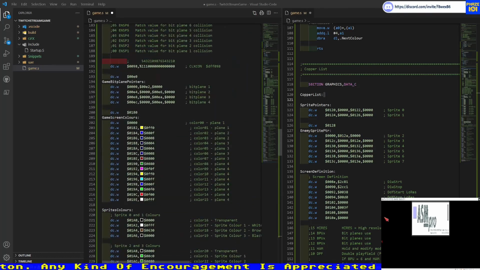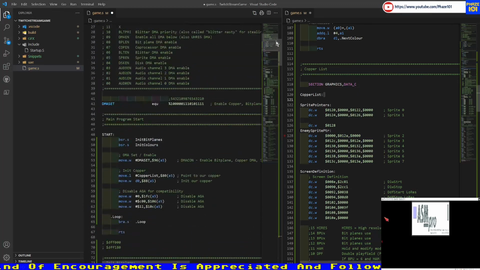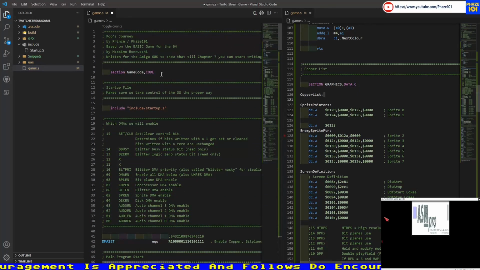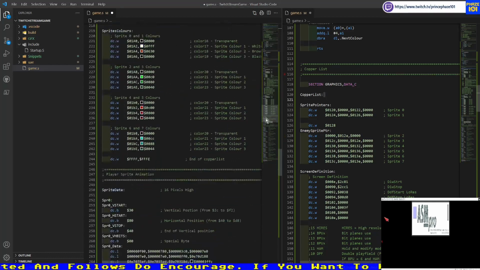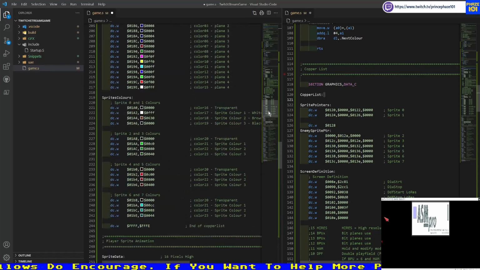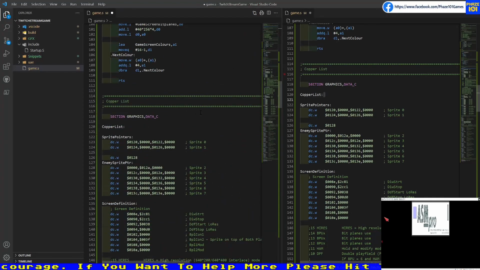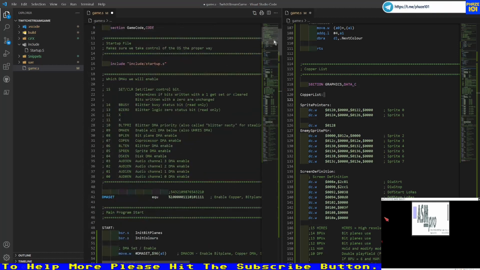This is where many get confused in the Amiga assembly. You'll notice that I have section, and you'll notice that I have another section before the copper list. Now the section directive tells the OS what data follows. So here we're telling it that the data that follows is code. We gave it a name, game code,